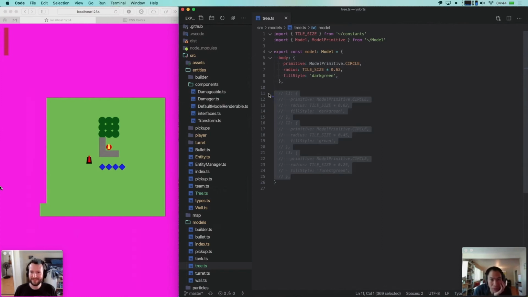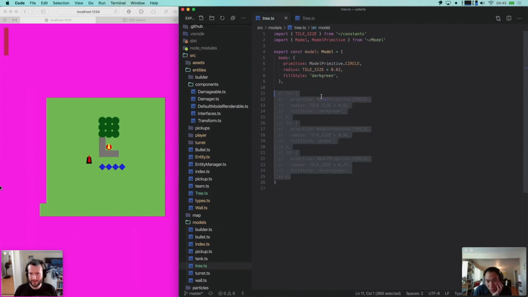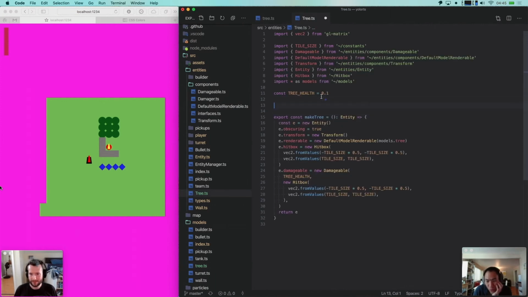You can define, yeah, let's make a quick tree model directly in the tree function. We kind of want it to be a separate model because the editor needs one. Right. Well, how do we handle the